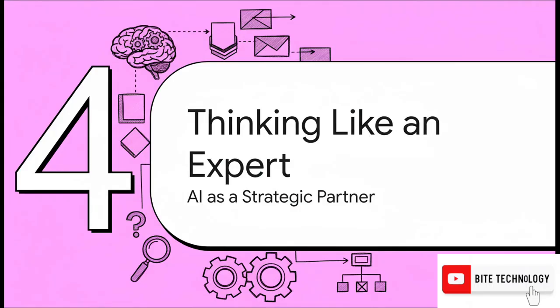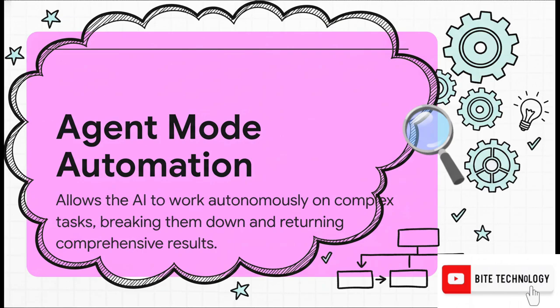All right, buckle up, because we are now entering the big leagues. Seriously, this is where you stop using AI for just simple, one-off tasks and start deploying it as a true strategic partner to tackle your most complicated, messy challenges. Welcome to what's often called agent mode. This is like graduating your AI from an intern to a senior project manager with a corner office. You're not just asking it to do one small thing, like write an email. No, you're giving it a whole project, like plan an entire marketing campaign. You give it the high-level goal, and it breaks it down, does the work, and comes back to you with a comprehensive plan. That, my friends, is true automation.